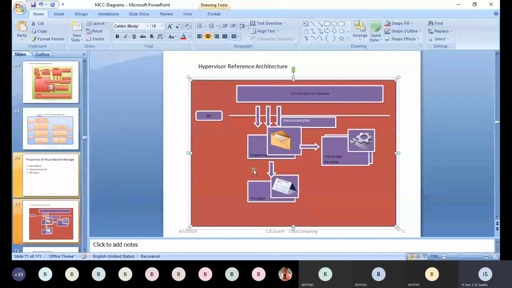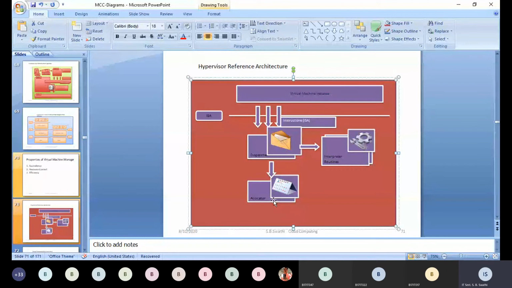Okay, and then the instructions from the dispatcher. It is sent to the allocator. Allocator will be storing all the resources. Resources in the sense the files which are required. It may be library files, simple user defined files, or some system defined files. All those information will be passed.